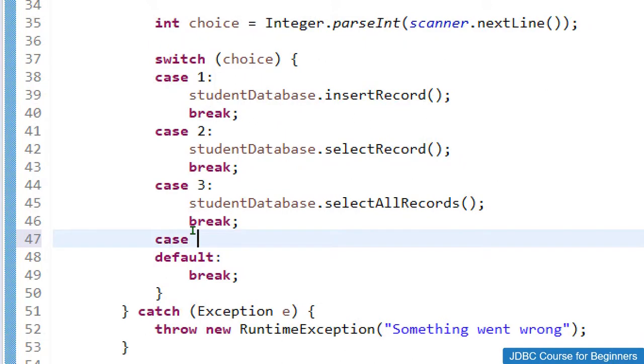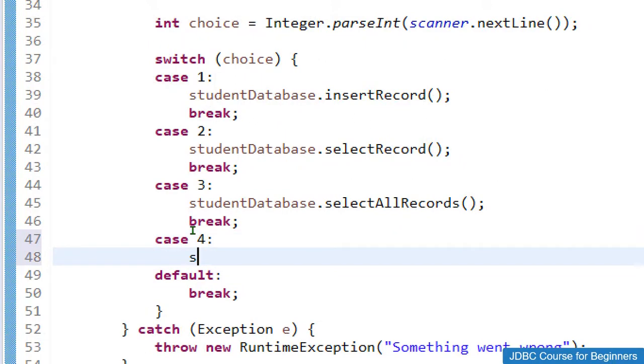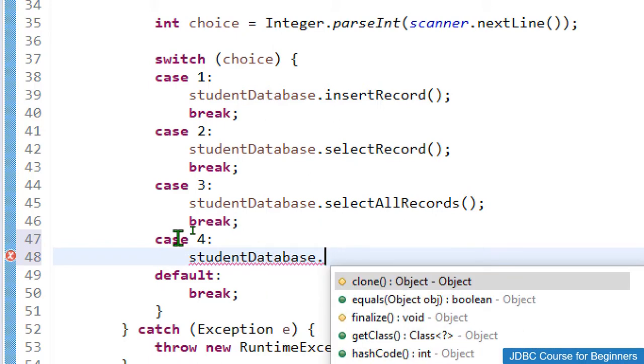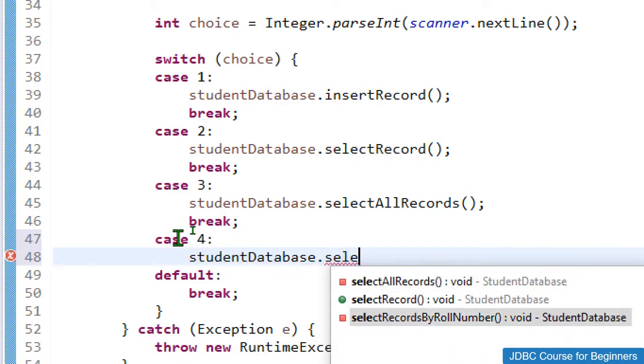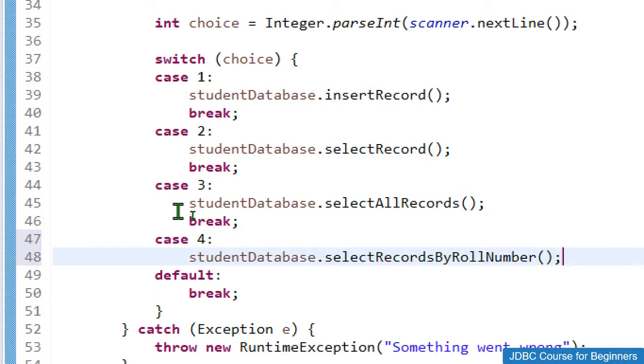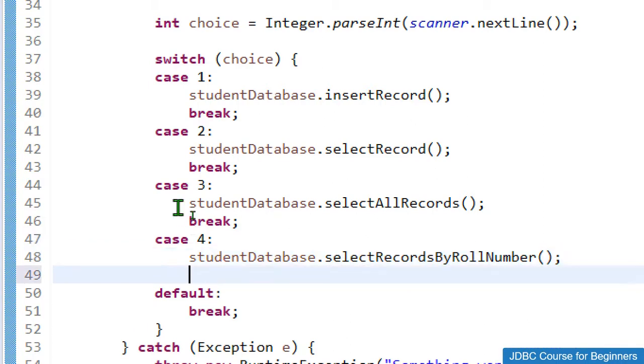So we just need to add case 4, StudentDatabase.selectRecordByRollNumber, like this. Let me save this, and then we need to add the break as well.